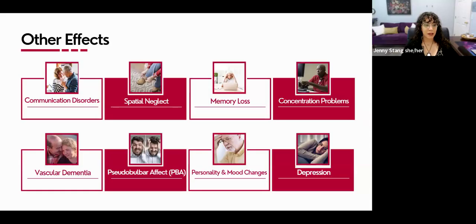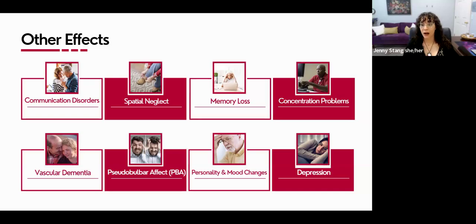There may be some changes in personality and mood. After a stroke, they're very common. So things like impulsivity, apathy, that pseudobulbar effect we just talked about, anger, frustration, and even depression can affect a stroke survivor's quality of life, right? But of course, if you work with your healthcare team and other people in your space, these challenges can be overcome, okay?